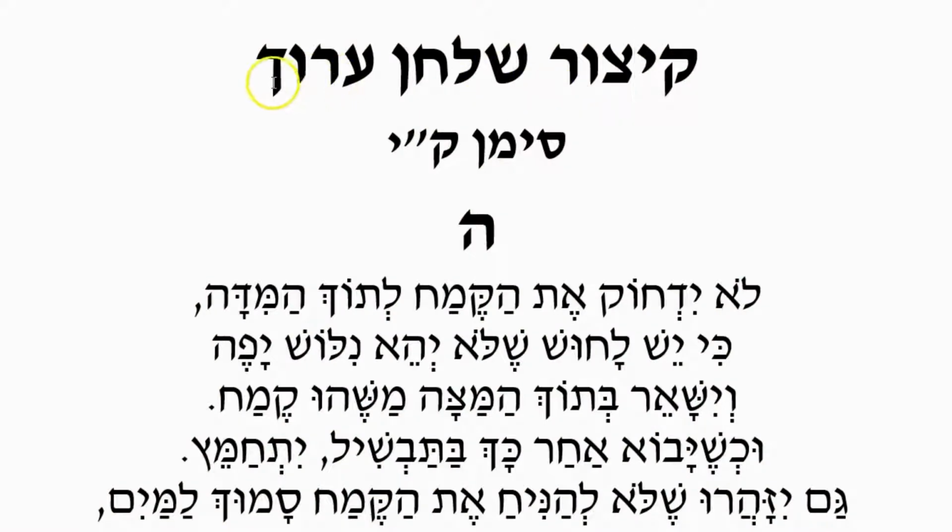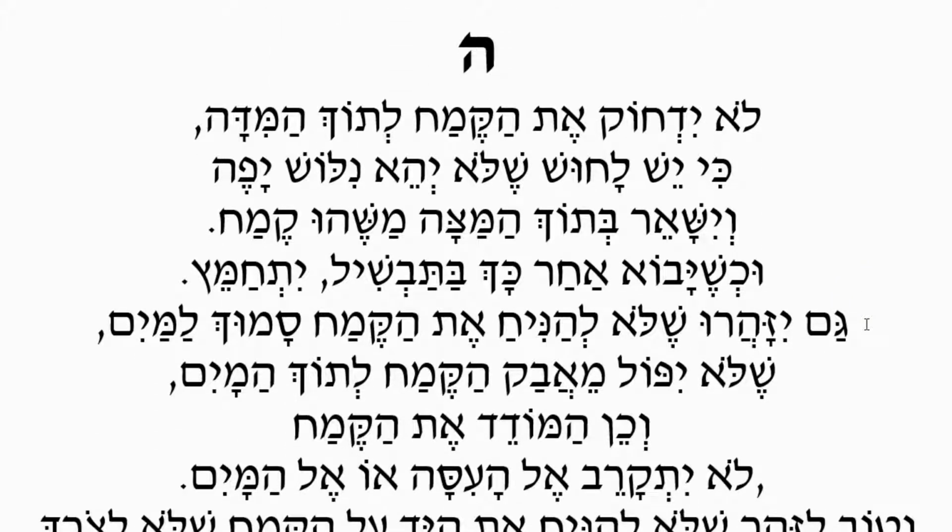Kitzur Shulchan Aruch, Siman Kuf Yud, Siman 110, Halacha Hey, the fifth halacha. Okay, we are now also discussing basically the setup of how the flour and water come together